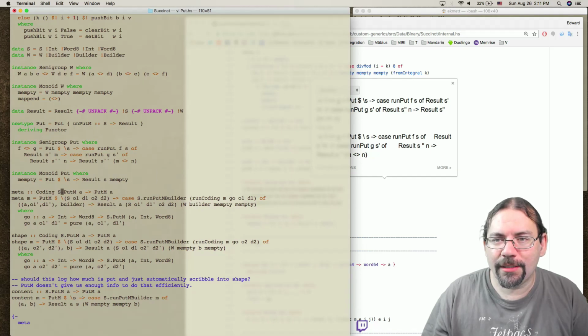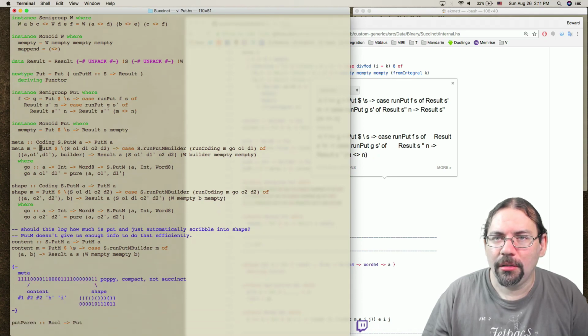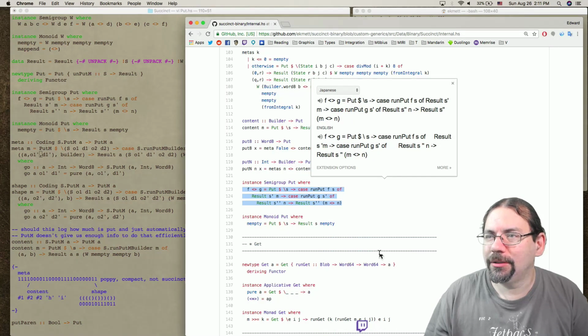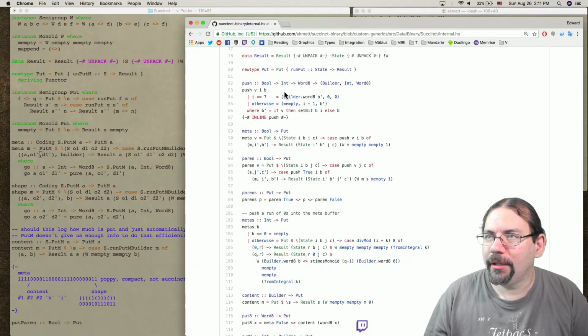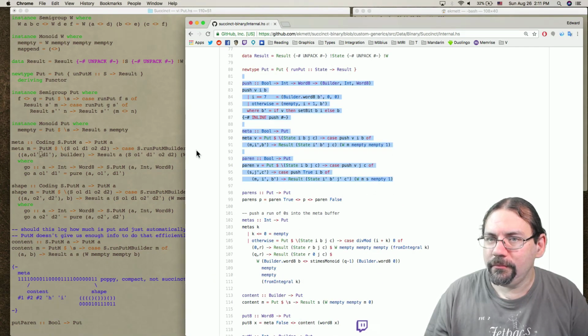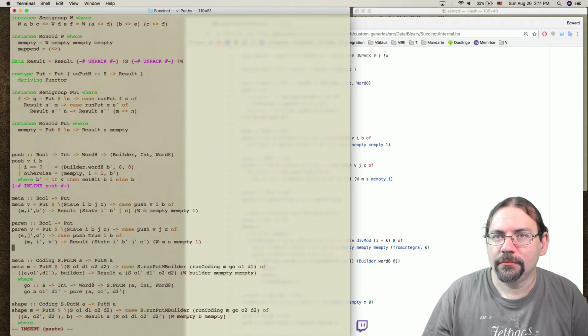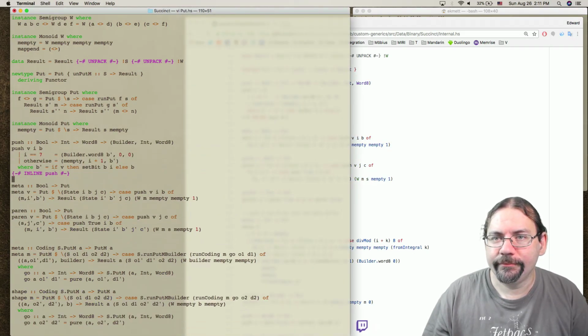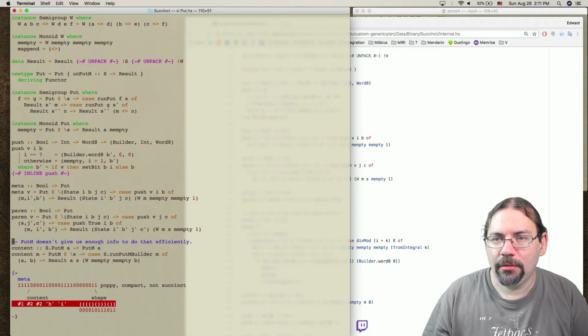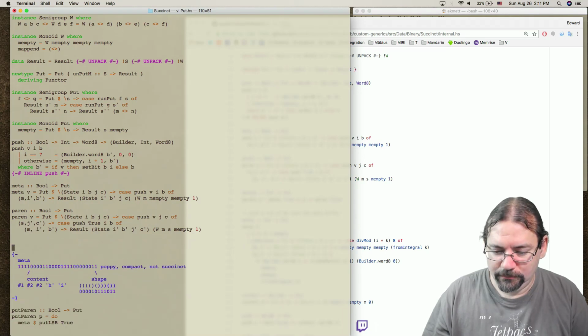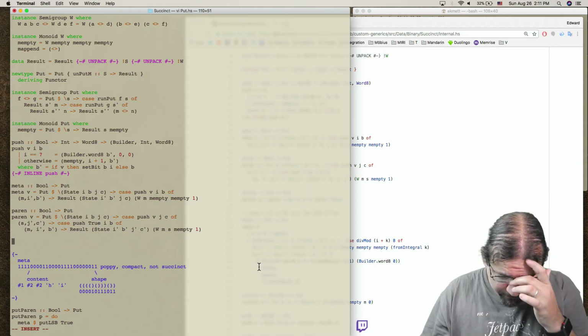Wait, we had fixed this to be bit-based before this. I could have sworn. Meta lifting whole puts is old, really old. Oh well. I guess there's another optimization that I want to include, which is all this stuff. The old meta, the old shape.